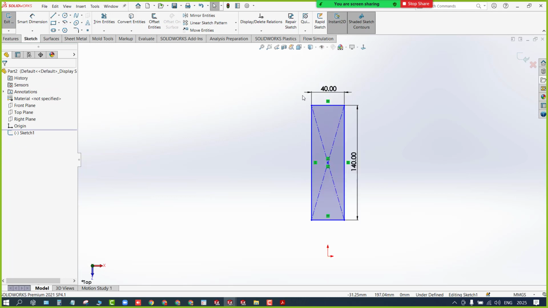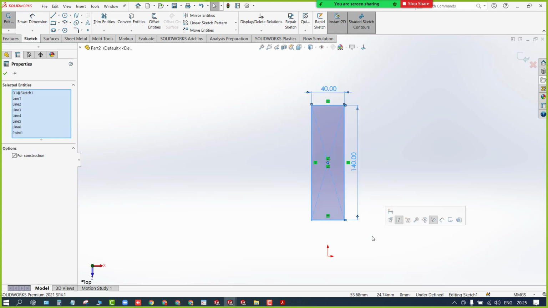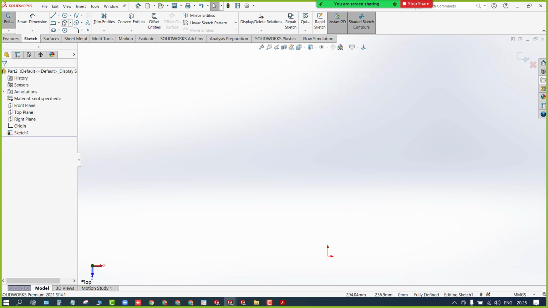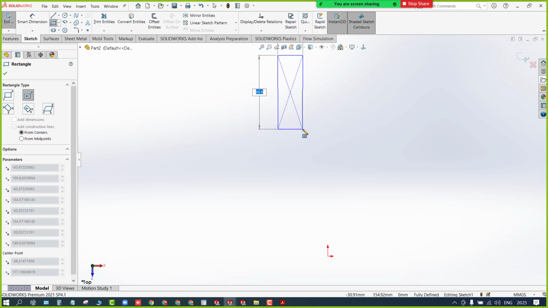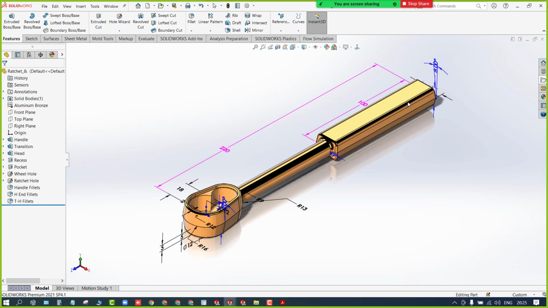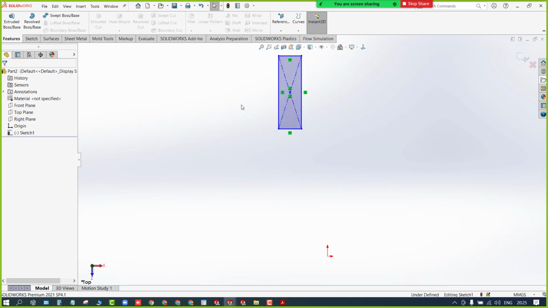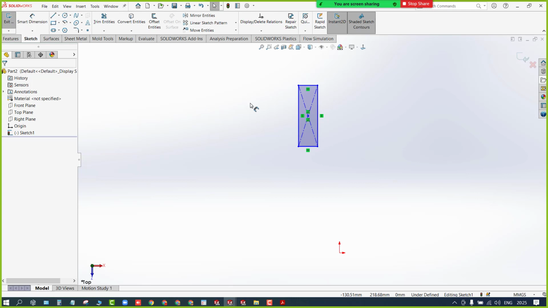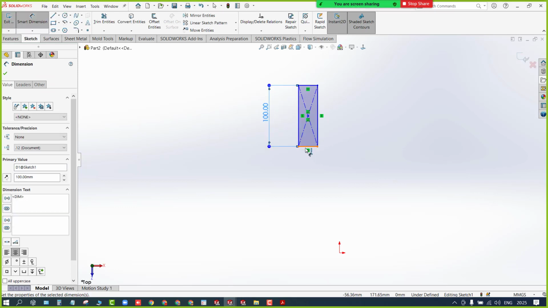Okay, let's say I don't want the center rectangle. I'll take the corner rectangle. It is like this, and the dimension here you can see is 120, right? I'll define the dimension. The shortcut is Z for me. If I press Z, it will activate the smart dimension. Okay, from here you can see it is activated. If I press Z again, it will deactivate it. I'll press Z, I'll define it as 100. Okay, and this should be 20, right?